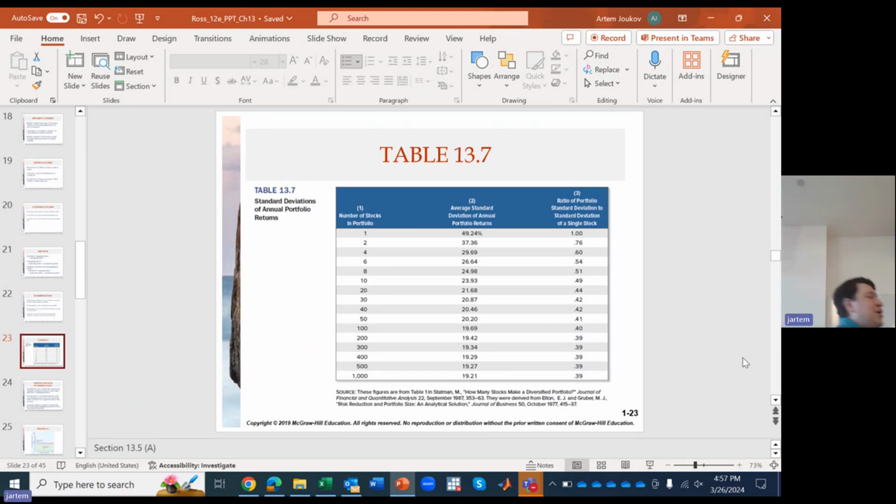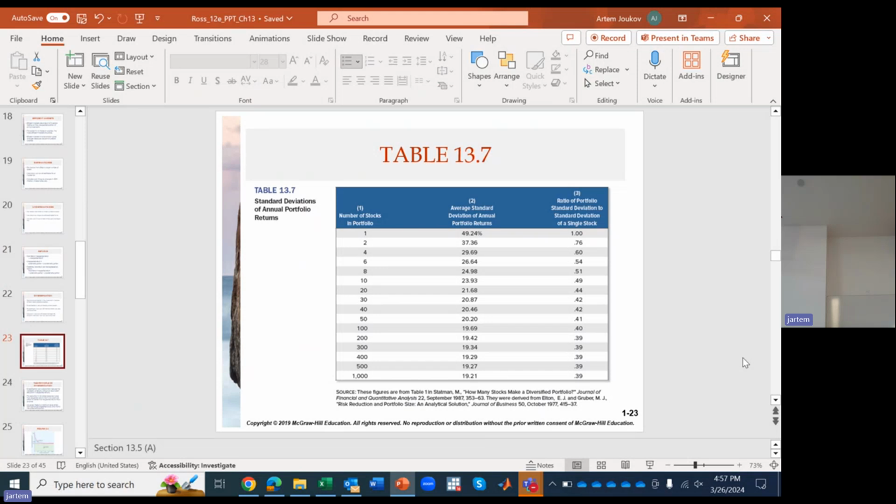Right? So you can come up here and you can see that you're at like 0.44 here, 0.42, 0.42, 0.41, 0.4, and then almost no matter how many additional stocks you add, you're still at 0.39, right? If you're really zoomed in, you're making a difference at some 5 or 6 decimal points down, but it's very hard to tell the difference.